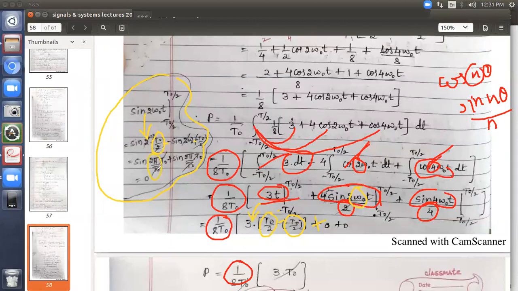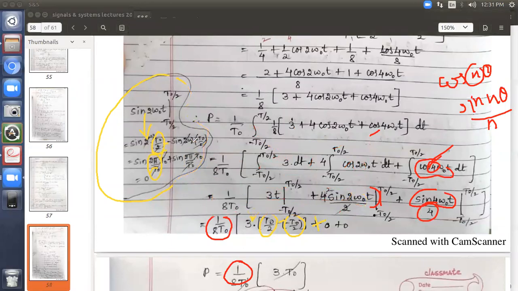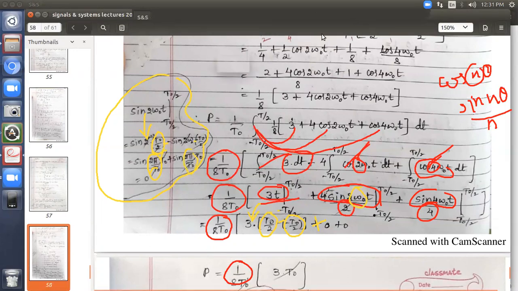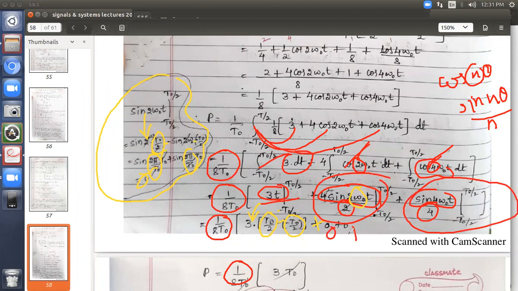Apply that. T naught cancels, you will get sine of 2 pi. Here also apply omega, omega is equal to 2 pi by t naught. So sine of 2 pi, t naught cancels, sine of 2 pi, sine of pi terms are 0. Hence, if you go for calculation, this complete second term and the complete third term also, both will become 0. That's why I have directly substituted. The calculation explanation I have given here. So both will be 0.